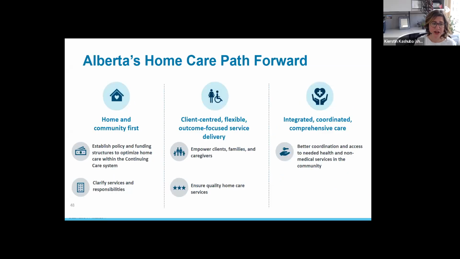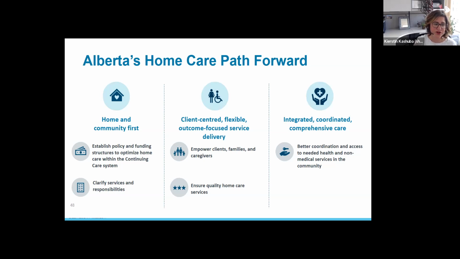So Alberta has been working collaboratively with Alberta Health Services, Alberta Seniors and Housing, Alberta Community and Social Services, and other community care partners and stakeholders to identify strategic directions and priorities for enhancing home and community care. So Alberta's home care path forward involves establishing legislative, policy, and funding structures to optimize home care as the first option for Albertans who need continuing care service, clarifying services and responsibilities through clear legislation and policy on what the home care program provides and updating service guidelines, empowering clients, families, and caregivers by expanding access to the client-directed care option,